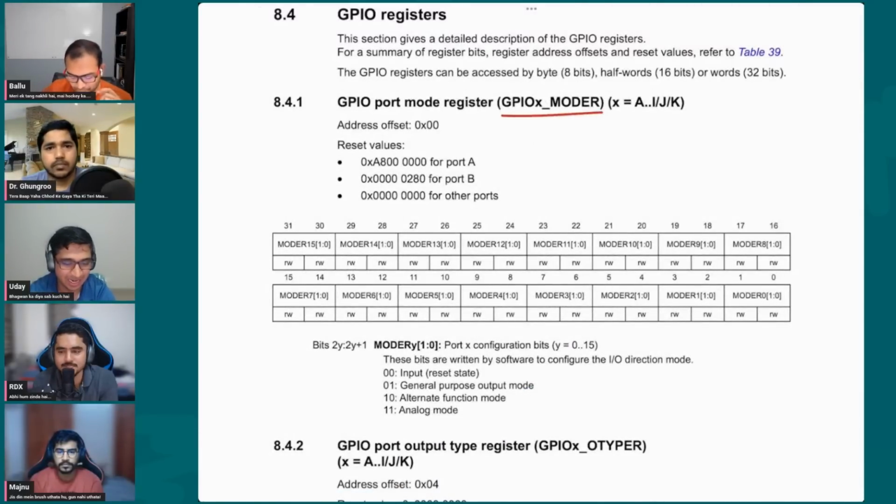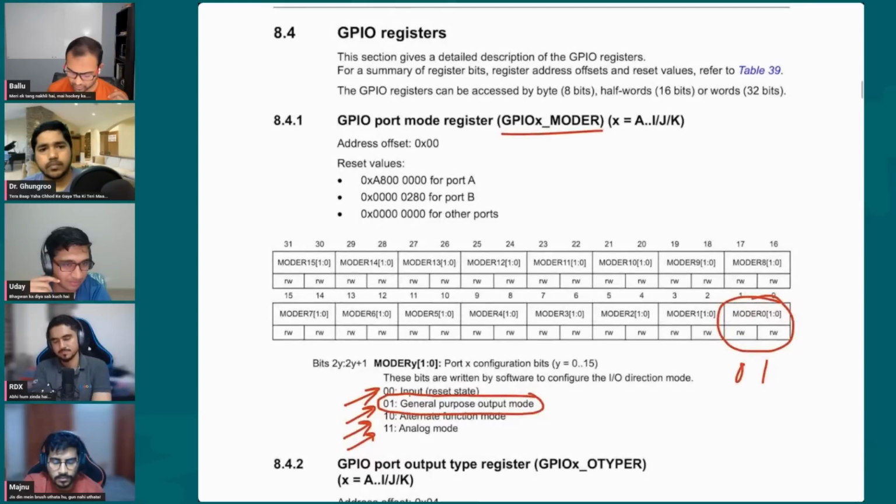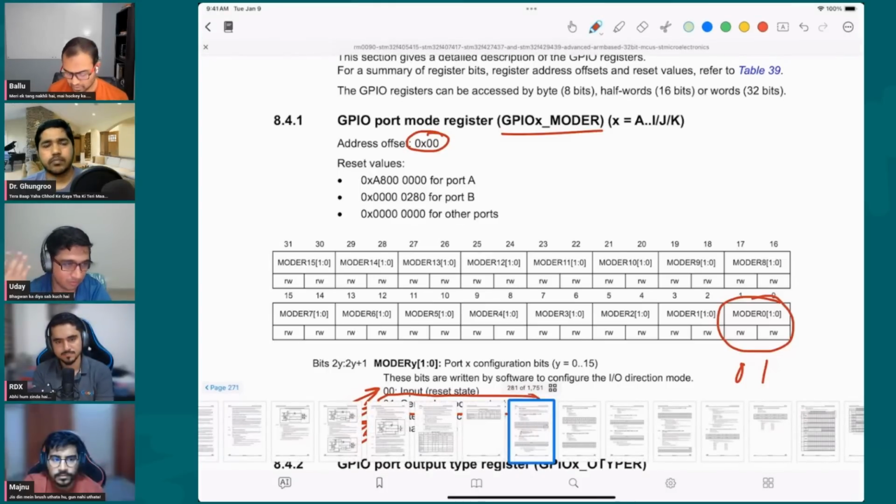And as we saw, if you look at the mode register, it says that if you write 00 to the bit field, it is input, 01, then it is output, 10, then it is alternate function, and 11 is the analog mode. So all I want over here is to be an output mode. So I write 01 to this bit, this register. And again, this is the offset of this register from the